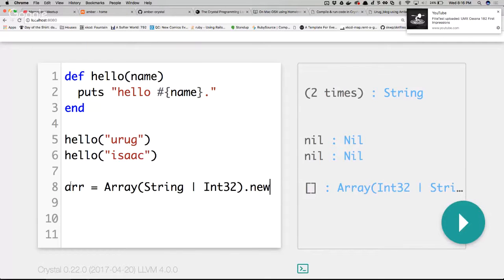Oh, what were you going to say, Ben? I was just going to say, so with Crystal, you really need to know how to just see data types. Pretty much. Some of them are a little bit easier to work with, like you don't have to say long double or something, but pretty much yes.